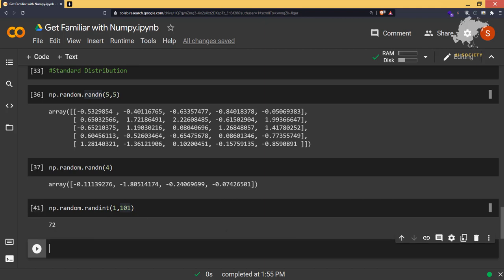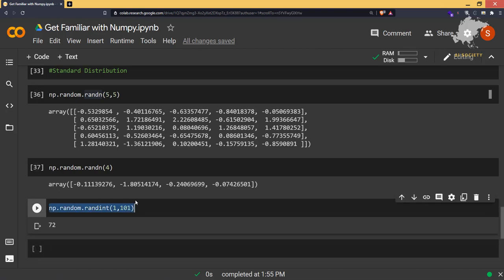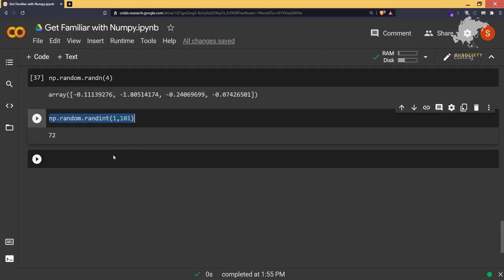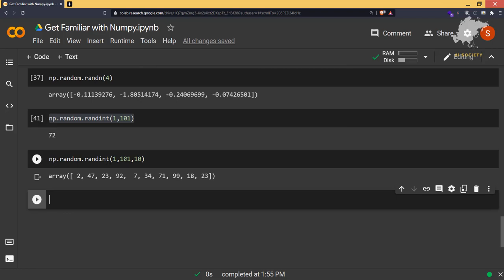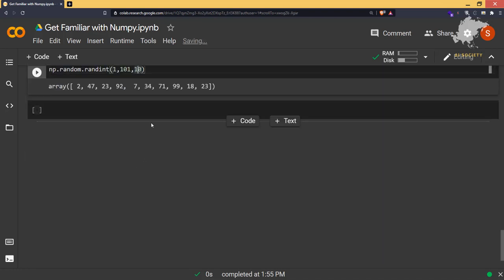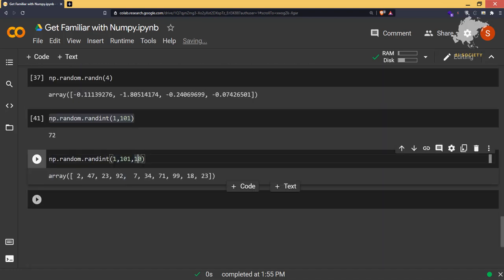Okay, so it's a very useful one again, and you can also do it like this. If you want 10 random numbers between a particular interval, you can give size 10 here.